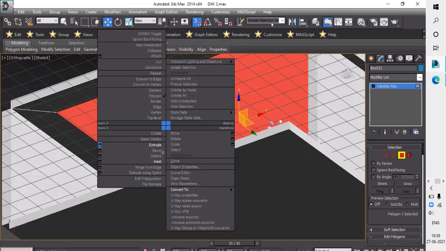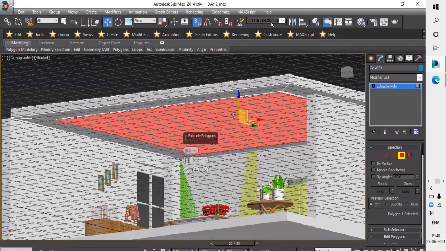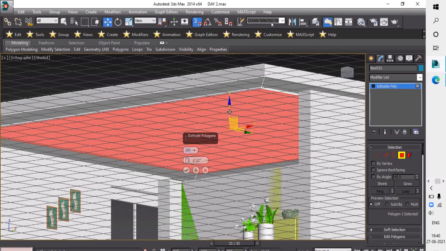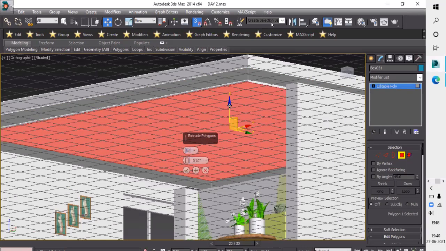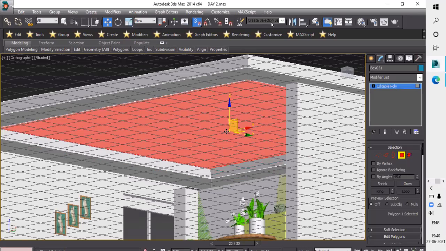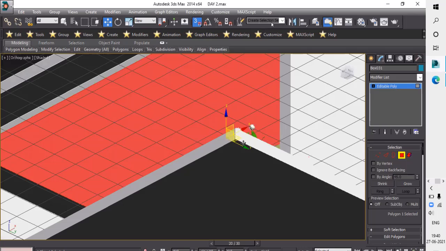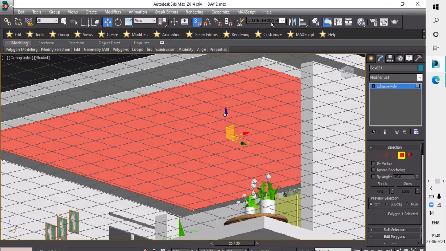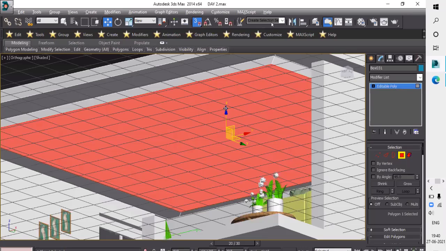If you extrude here, if you want a simple ceiling, then do like this. You get the ceiling like this also. If you don't want that, then make it how you want. I will take it back.